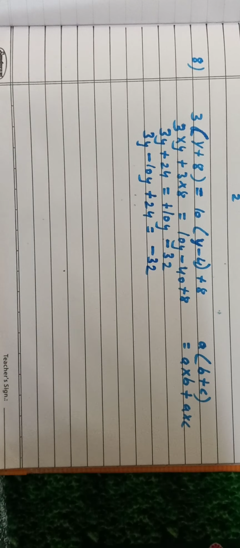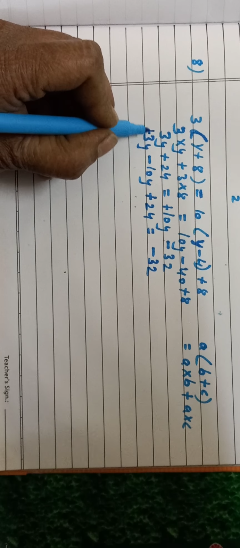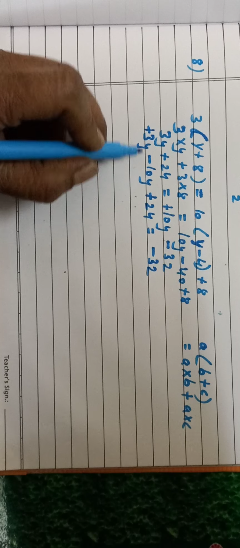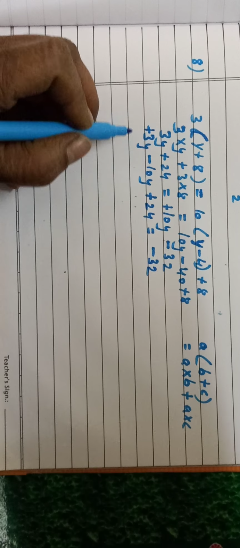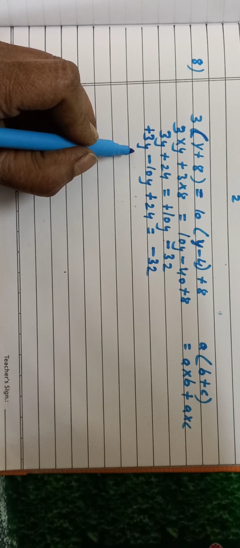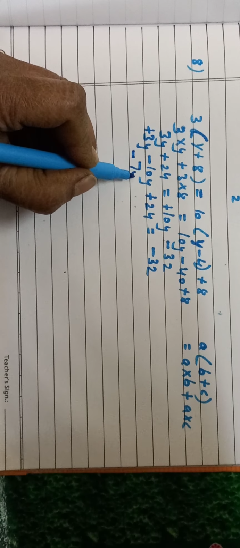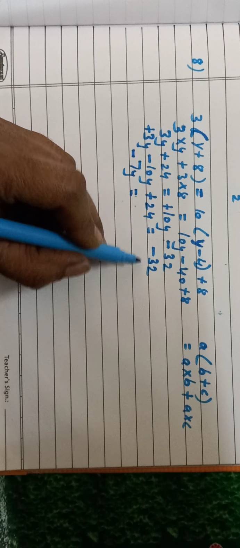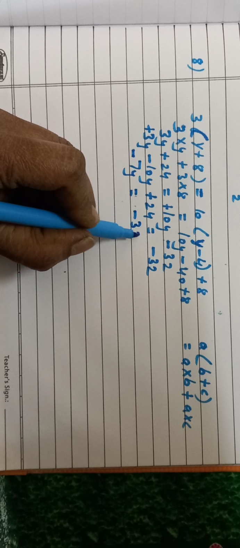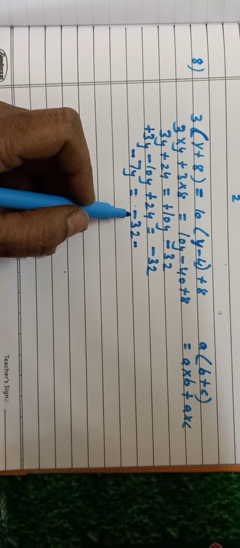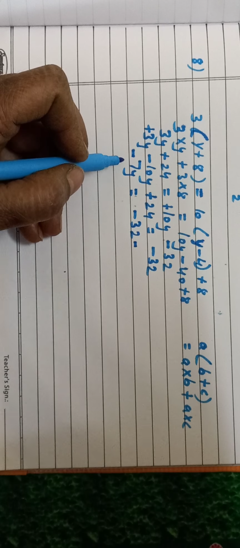Keep it here only. Okay, now 3y minus 10y, here no sign means plus. Again different signs for both the terms. So do subtraction and put the sign of the greater number. 10 is greater. What sign is in front of it? Minus. So you put minus 7y is equal to, plus 24 you take it to RHS. These are called constants. We are taking them to RHS. And the terms involving the variable we are keeping on LHS.